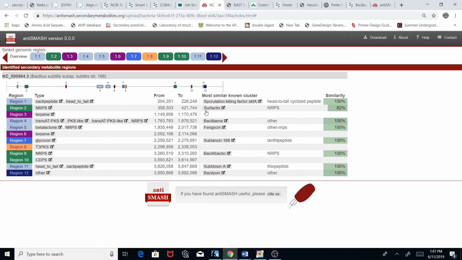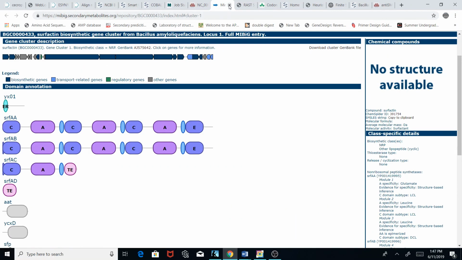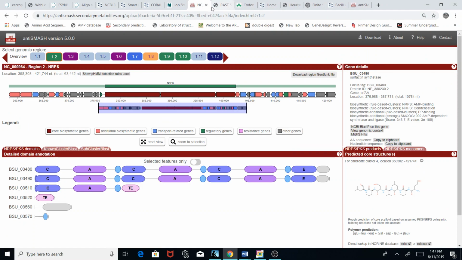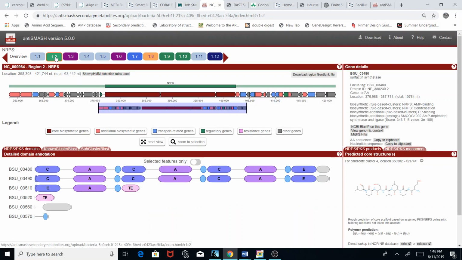In this case, I'm just going to focus on one of them. You can look at other ones if you want, and it even tells you what they're predicted to be. Surfactant is a non-ribosomal peptide synthase product. We click here, and, oh, actually I did not want to go here. Go back, click on overview, and notice where it says surfactant, and you scroll right here and it says region 2. Click on 1.2,